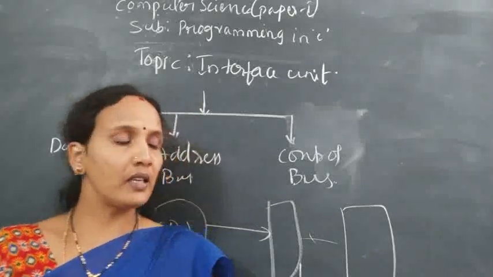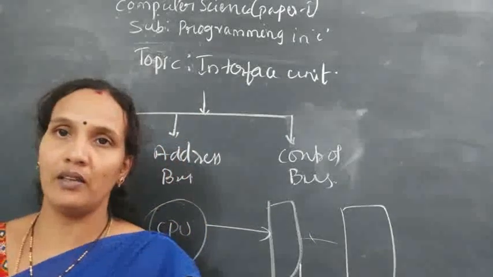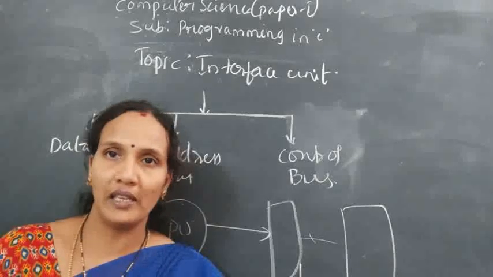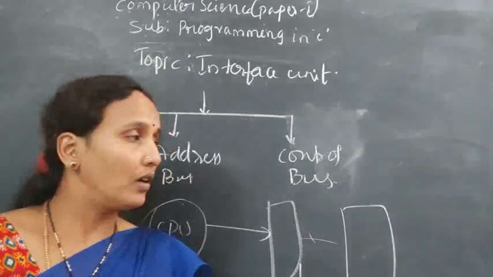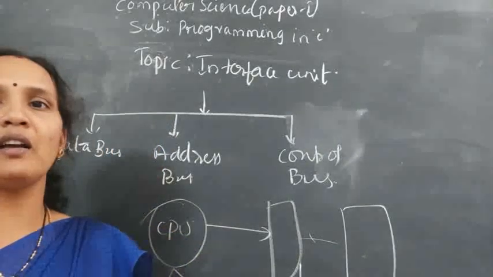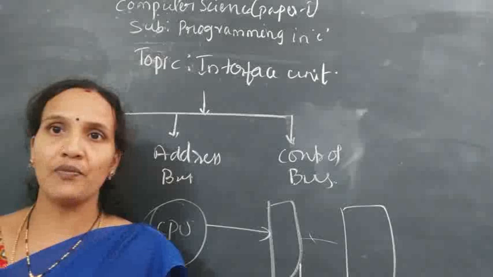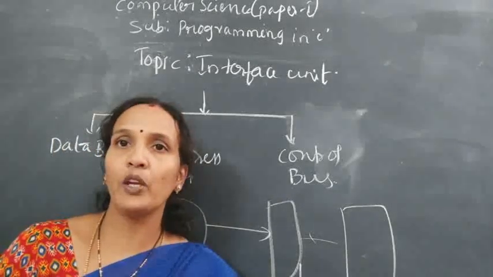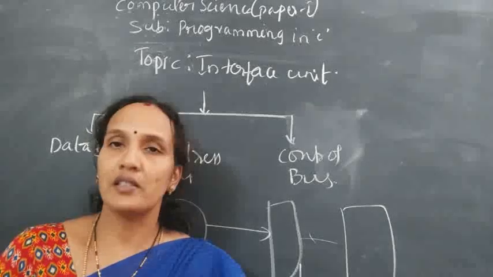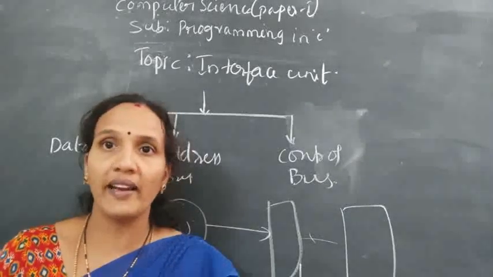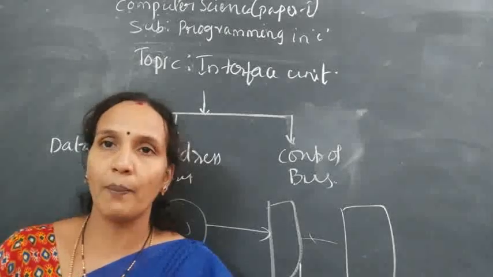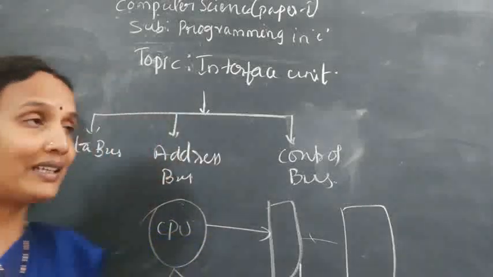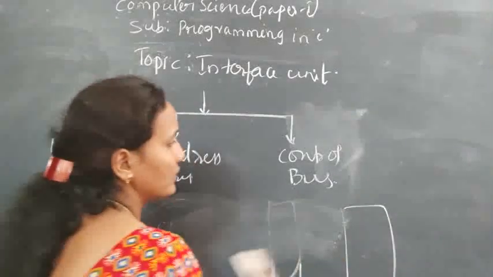Okay. Now, what is it? Is it physical or not? It means, can you touch it or not? We'll discuss now. Actually, it is wires. These are the physical wires and different lines which connect the CPU with the other devices. These are the physical wires or lines which connect your CPU with other units. Understood?